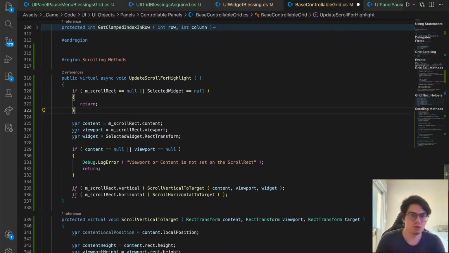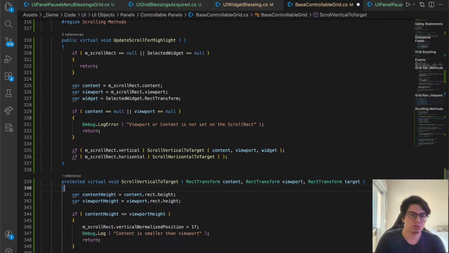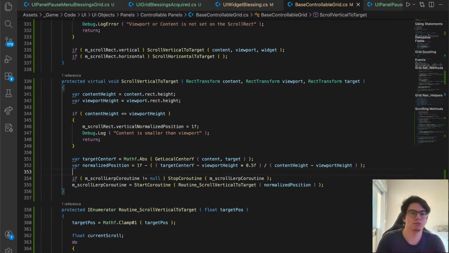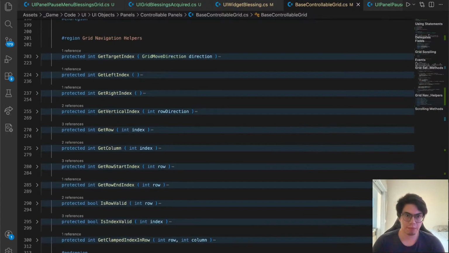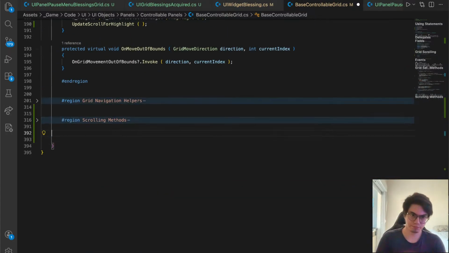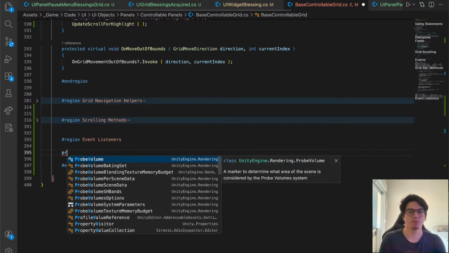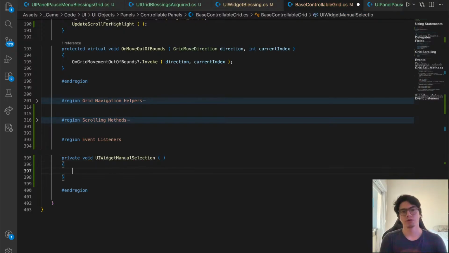We don't need this anymore, and this is not async. Can't be async. We don't need this thing. Right, and we don't need this. Okay, so I'm about to do some event listeners, I guess. So I have to